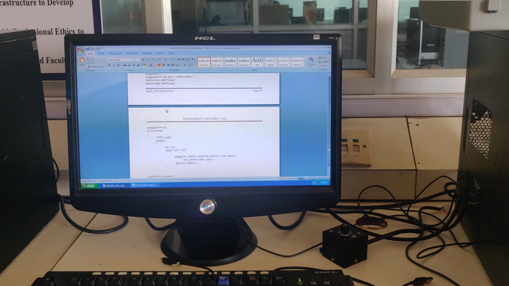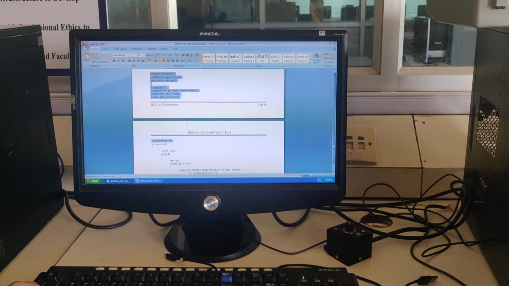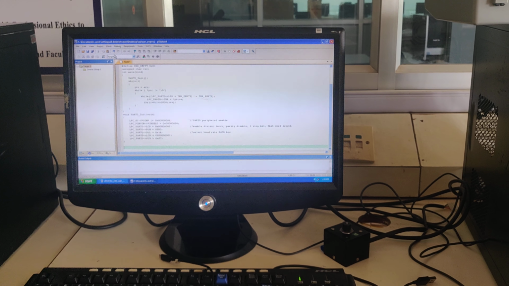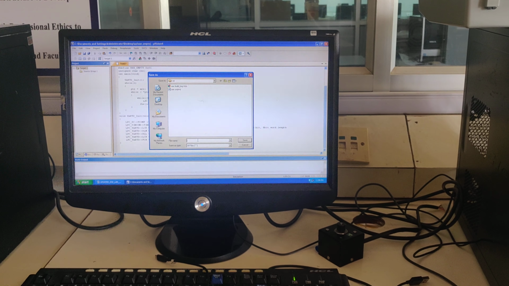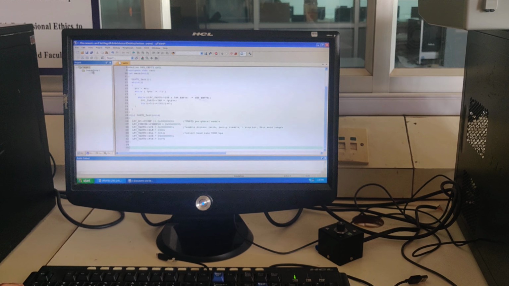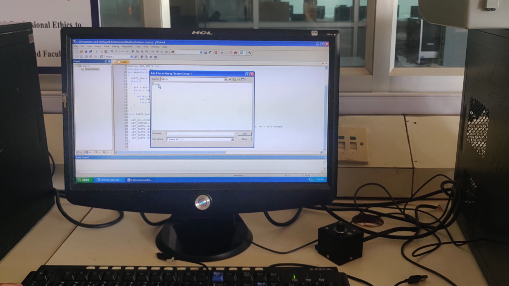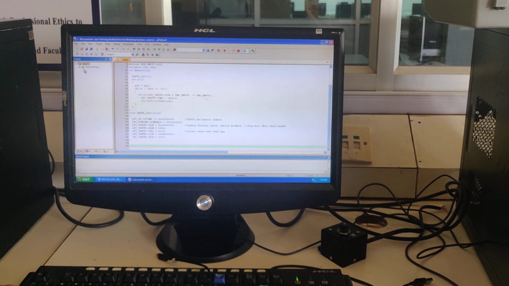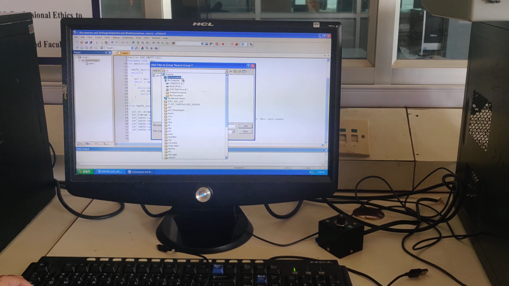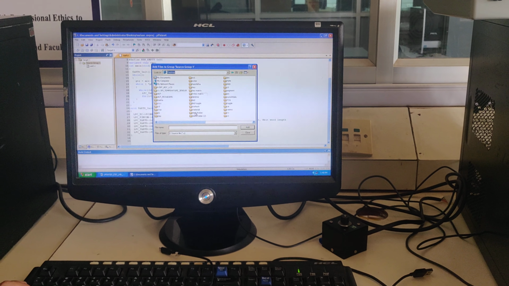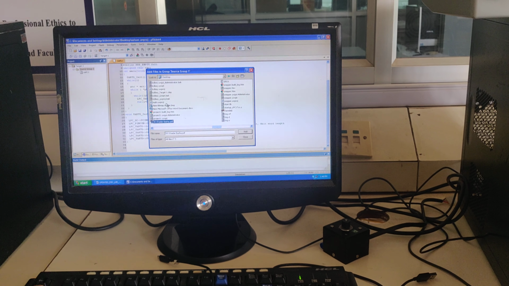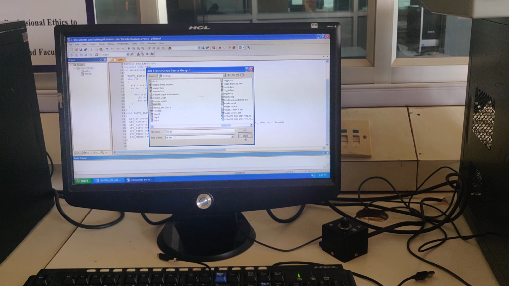Here I copy this program completely. After copying, I am saving this program as the UART.c file, then adding this UART C file here. Including this, I am adding the startup file. It's a startup library which is placed on the desktop. This is the startup library I added.